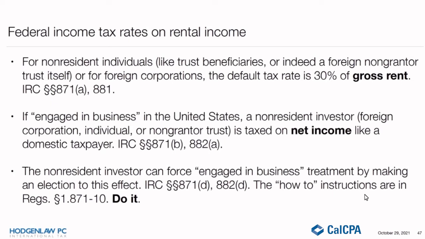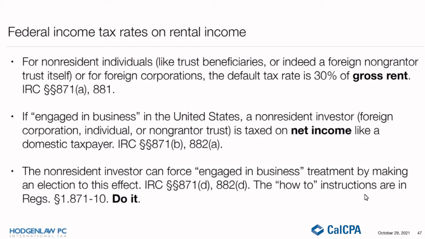Now, back to branch profits tax. We talked about that. And again, just in the same way, we've got a problem with capital gain and branch profits tax. You pay your corporate income tax on gain, and then you pay 30% of the dividend equivalent amount on top of that. We've got some solutions to that: use an irrevocable trust,